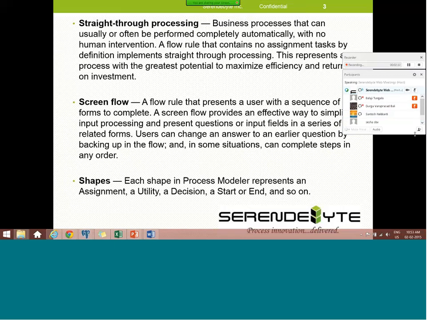Take an example. Has anybody worked on a business rules engine project, BRE? BRE is nothing but full processing in the back end. There is no human intervention. It's automatically calculated and gives the result. NBA, next best action, is like a backend engine only. Anybody heard about that? NBA.